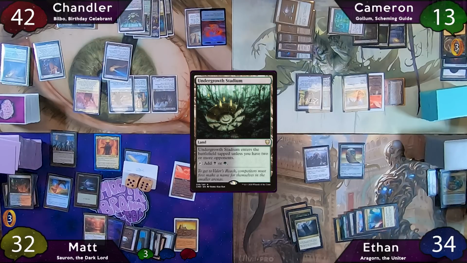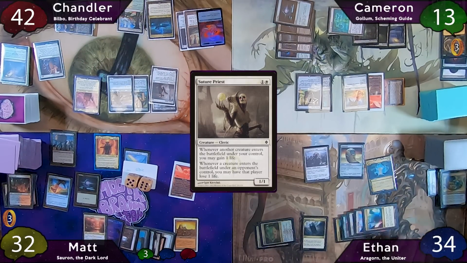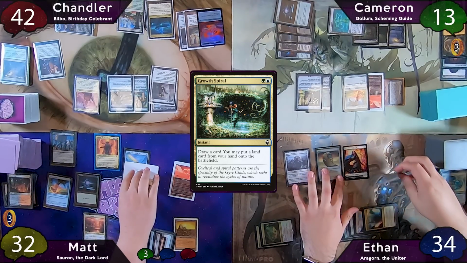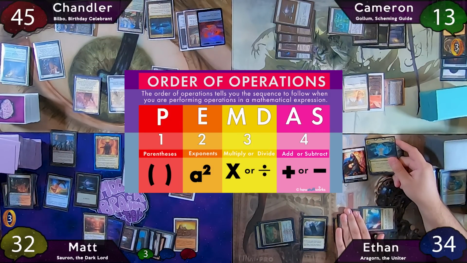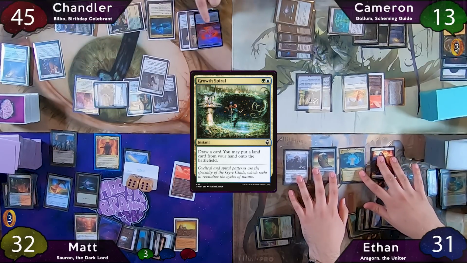Then he'll play Undergrowth Stadium as land for turn, and then he drops Suture Priest. Ethan responds by casting Growth Spiral, which makes him a 1/1, which triggers Essence Warden, which gains Chandler 3 life. It could have been 4, but Chandler thinks magic is affected by PEMDAS. It isn't. Veto ability targets Ethan, then Chandler will pay 2 and a Well of Lost Dreams to draw 4